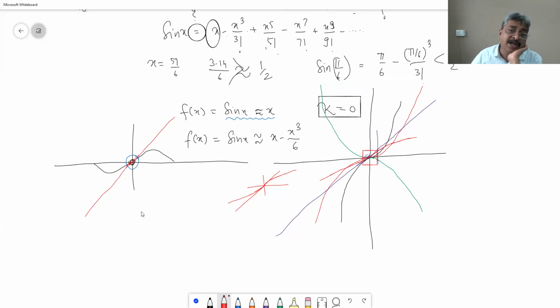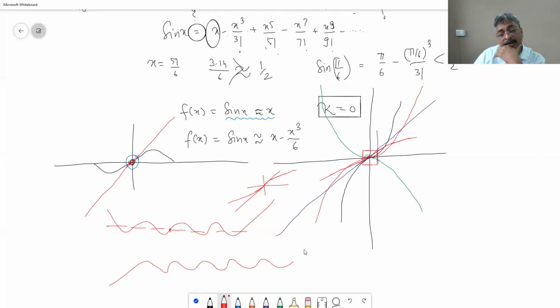And we have seen that a polynomial function essentially is like this wavy curve. We have seen this in 9th standard. So if you take a really large number of terms, then it will end up giving at least a few waves, sine waves near 0, or it will be something like this.